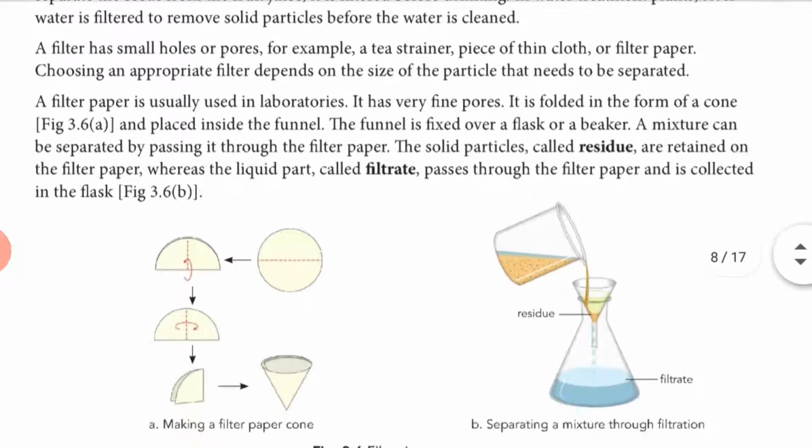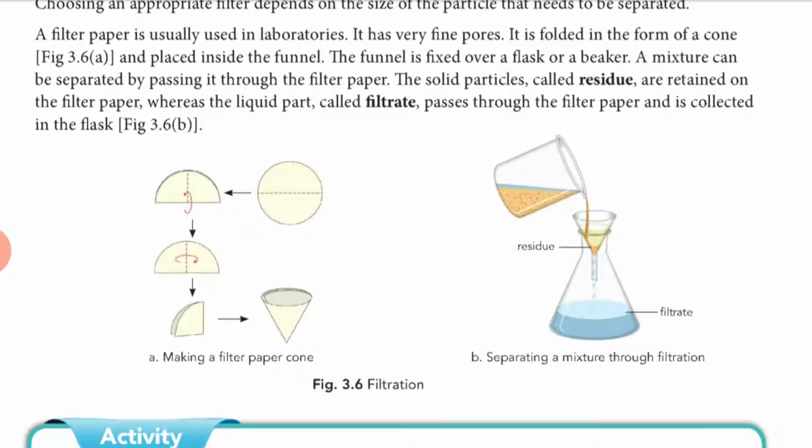So suppose we have that water which we collected in a separate container by the decantation process in the previous activity. Inside that water there are solid particles present, right? These solid particles we are going to remove. So first of all, take one filter paper which is in a circle, fold it in half, then fold it again into a quarter. Now it will look like a triangle. Then this paper looks like a cone, that means if seen from the top it looks like a cone.